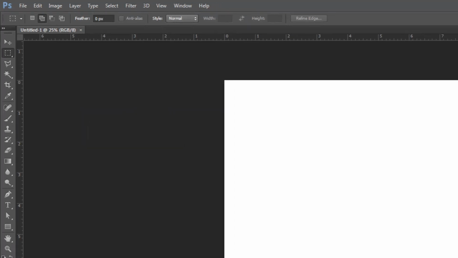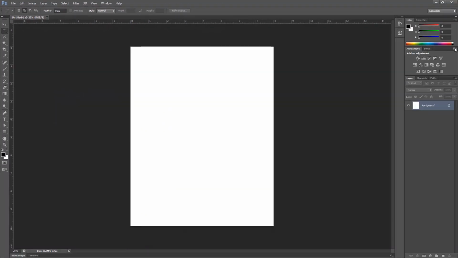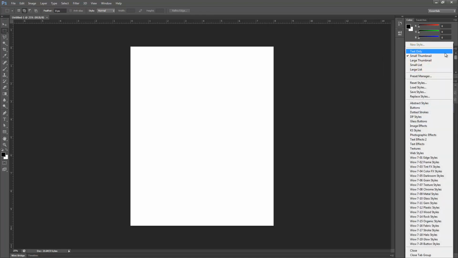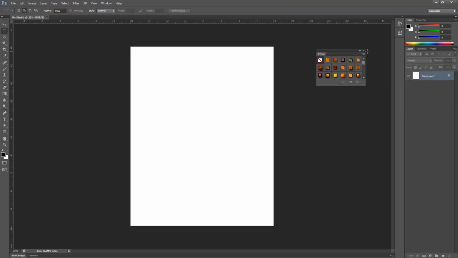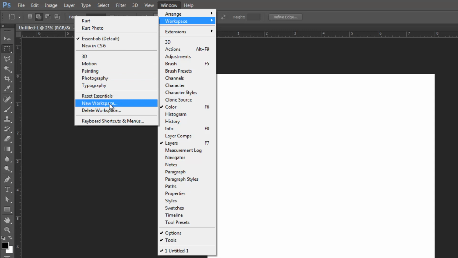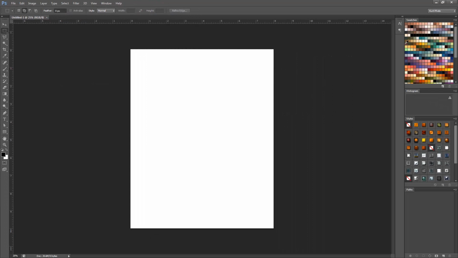I can also, if for some reason I don't use this adjustments, I can get rid of that, and I can get rid of maybe the styles, and I only want to have my layers and channels and paths. I can come up here to Window, Workspace, and I can make a new workspace, and I can call it whatever I'd like to. And so I have a Kurt and a Kurt's photo, and so that's the kind of palette that I like to use. This is for painting, and I'm going to have my swatches already up and some styles